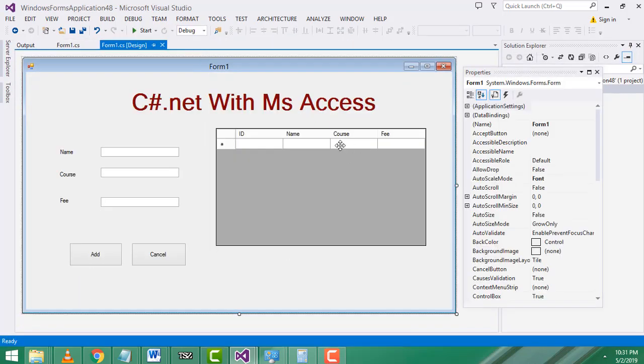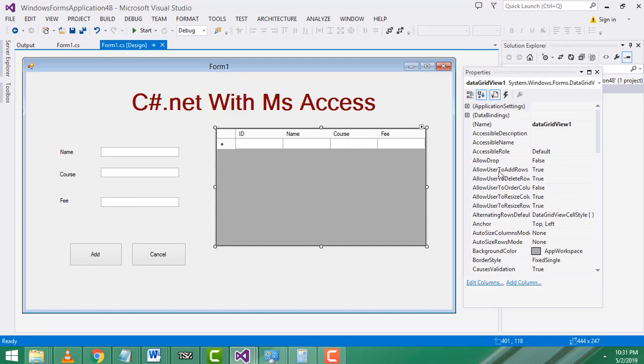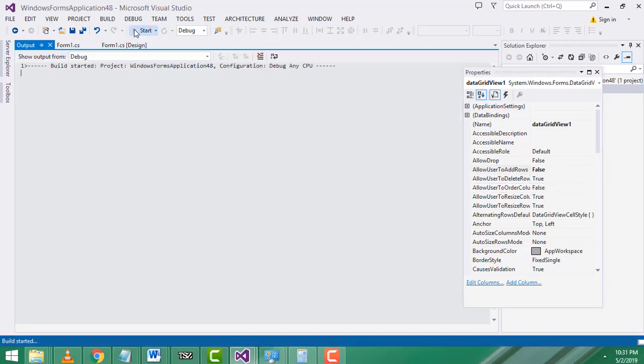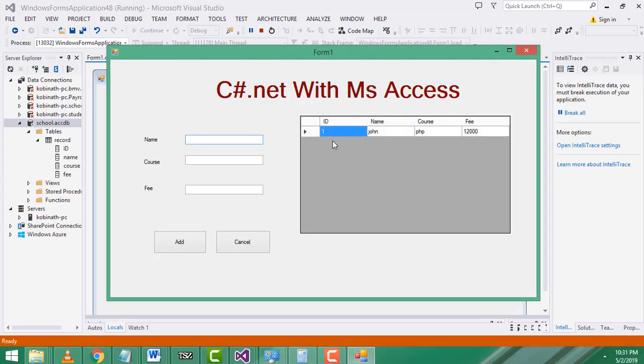You have to remove that one. Click on the data grid view. Here, allow user to add rows. This property comes as true by default, you make it false. Now it won't show that row. Right,